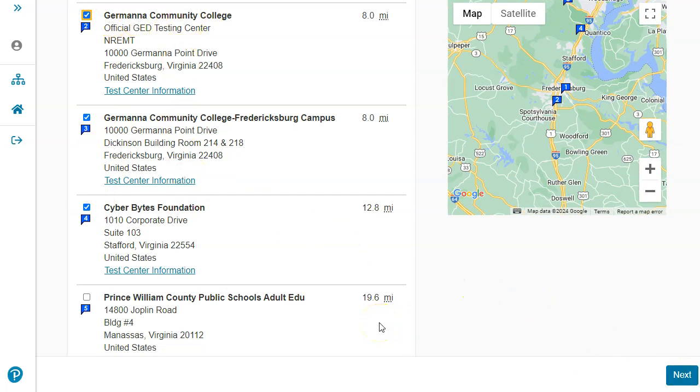And I will tell you some of these places will have more availability than others. It depends on how many seats they have. Some of these fill up very quickly. And they will go through seasons. Just like with SOL testing and stuff, there will be some end of term. They will be busier than, say, maybe the middle of summer or something like that. So